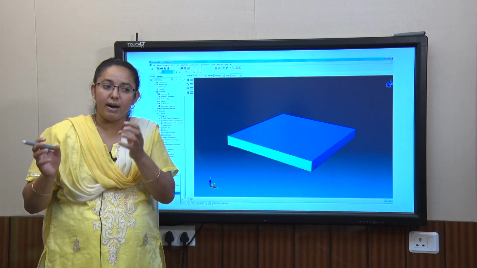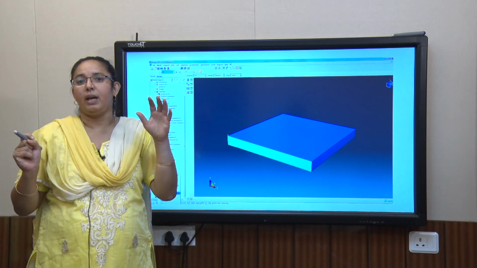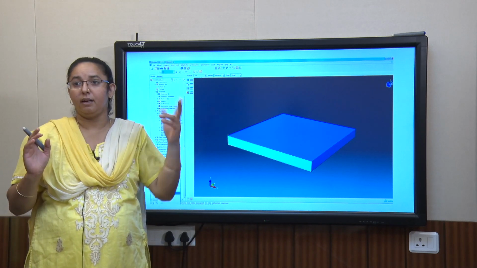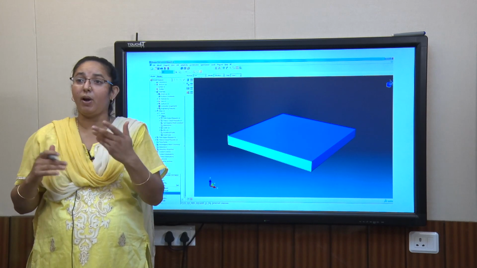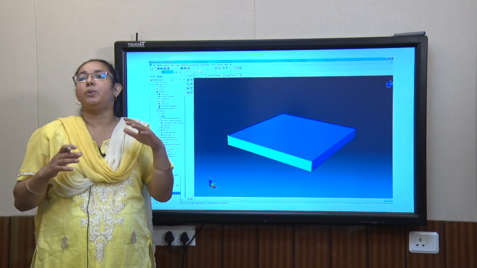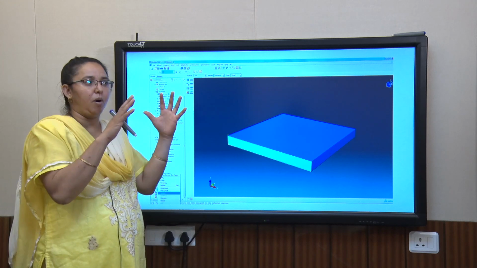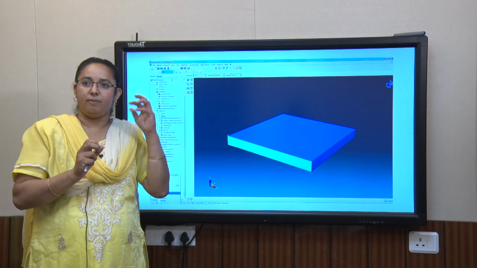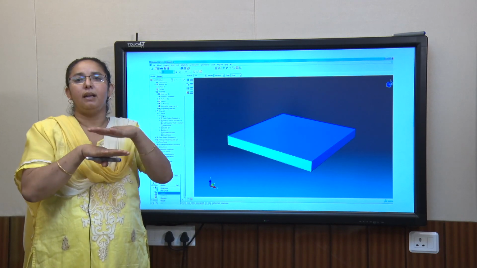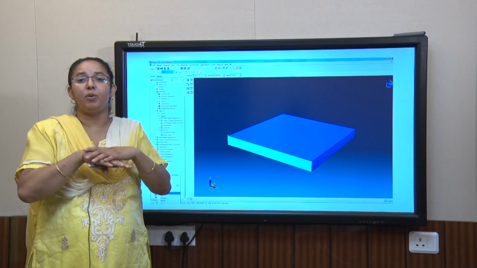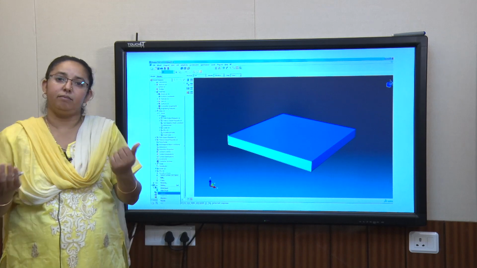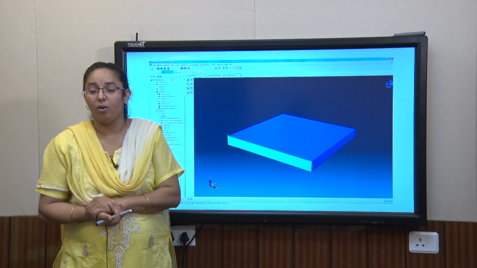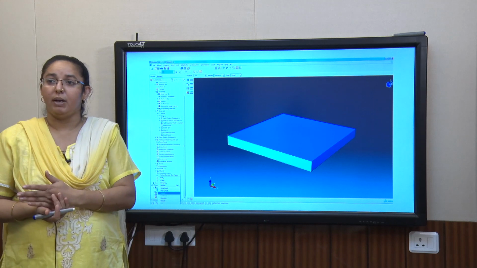These things require some experience. Can we model it as a half, or a rotating cylinder as just a line, a thin cylinder rotating about it? So you have to first think and do some brainstorming: do we need all this stuff together to analyze, or do we first go for a simplified model and then add complexity? If at the very first step you model a very complex geometry, it will give you some numbers, but whether these numbers are right or wrong, or believable or not, is hard to check.